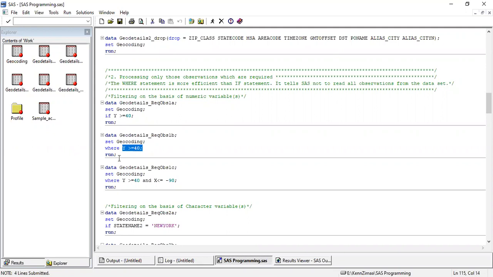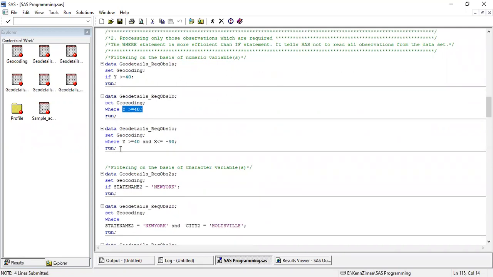When you're working on a small data set, it doesn't matter much, but when you're working on big data sets with millions of rows, the where statement definitely runs faster. You would be able to see in your processing time that there is a good amount of difference, in terms of a few seconds or maybe a few minutes as well, depending on the size of the data.